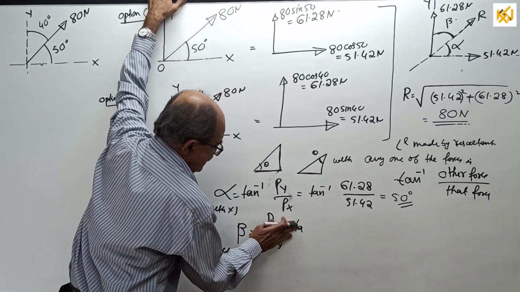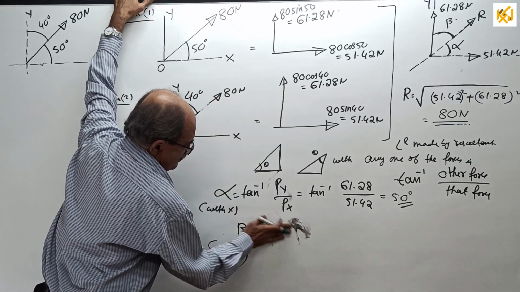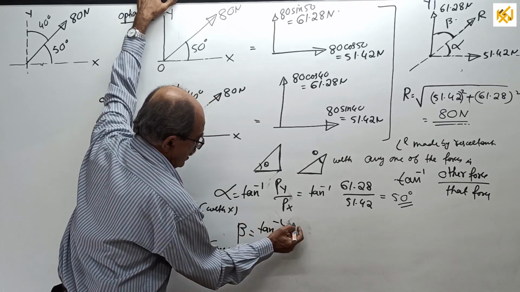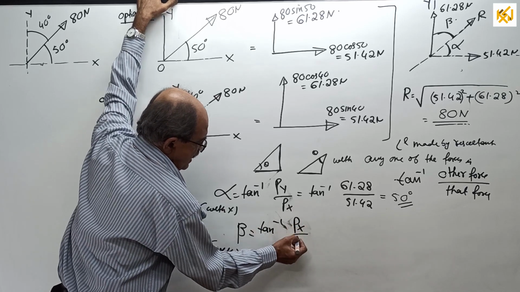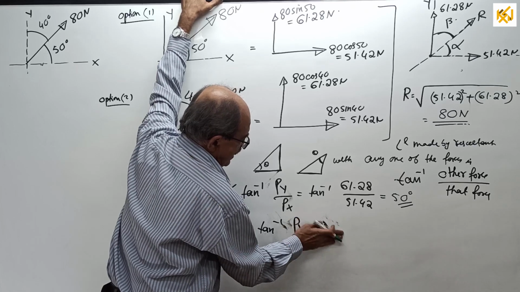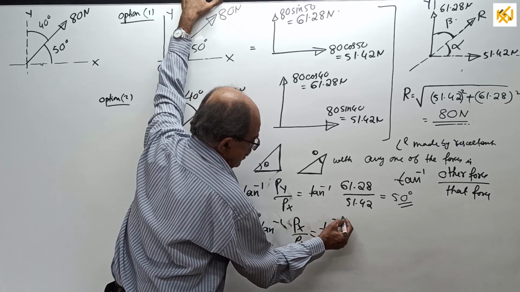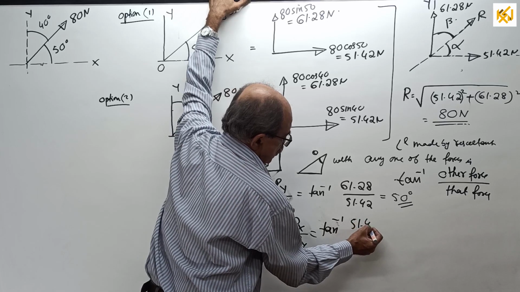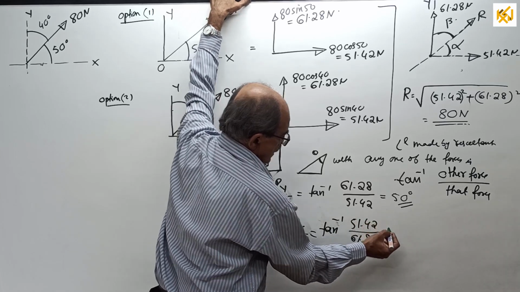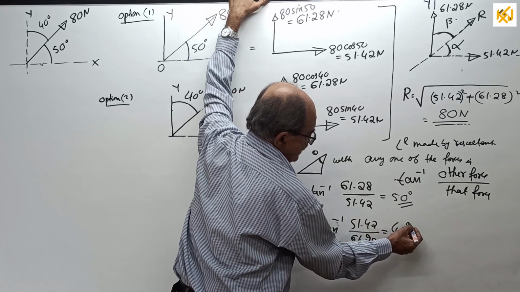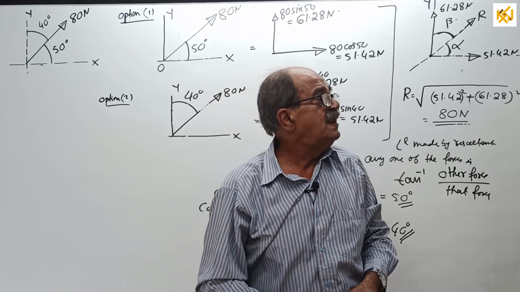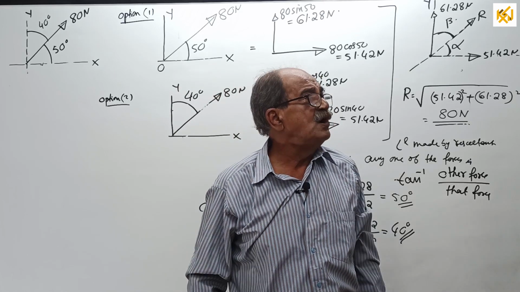Oh, I forgot one thing. Okay, no problem, I can put tan beta here. Tan inverse of what? With y you are doing Px by Py, equal to Px is 51.42 divided by Py 61.28. 100% the answer is 40 degrees. So if you get this much, if you are perfect, then you will have no problem for resolution